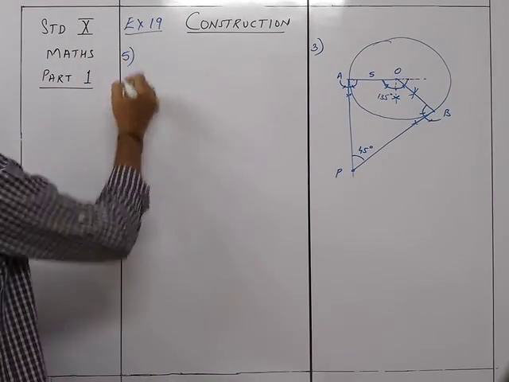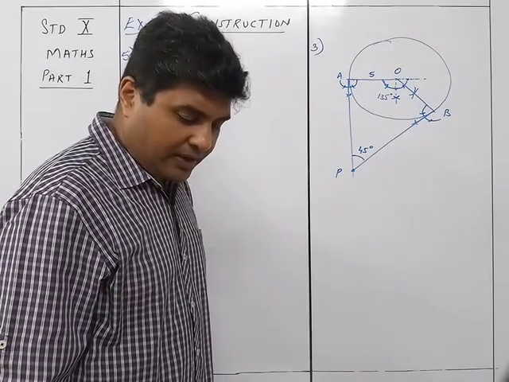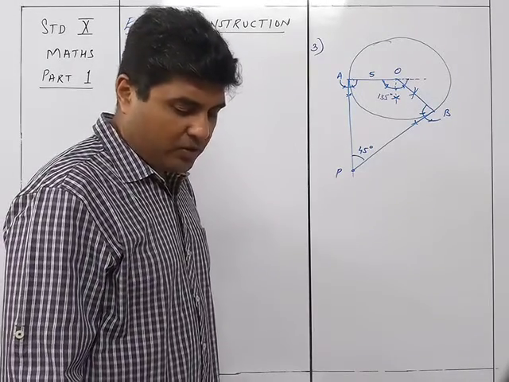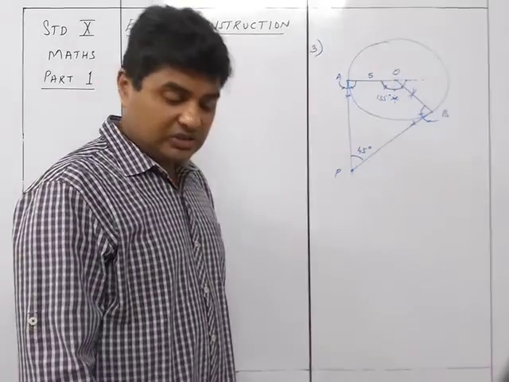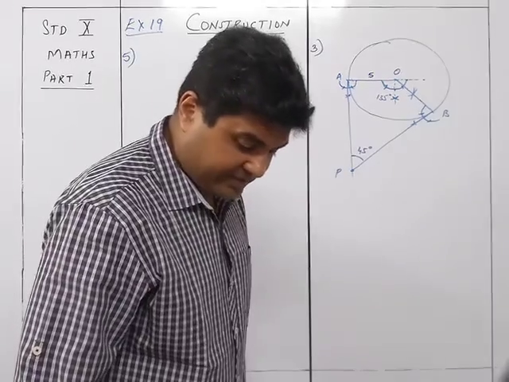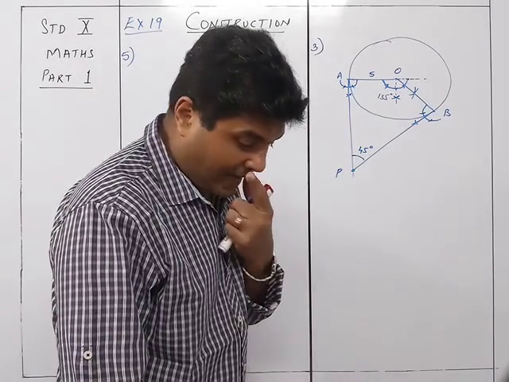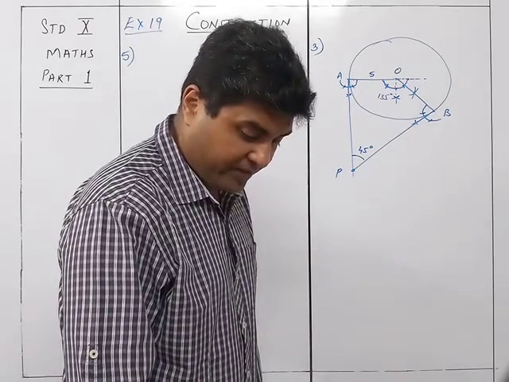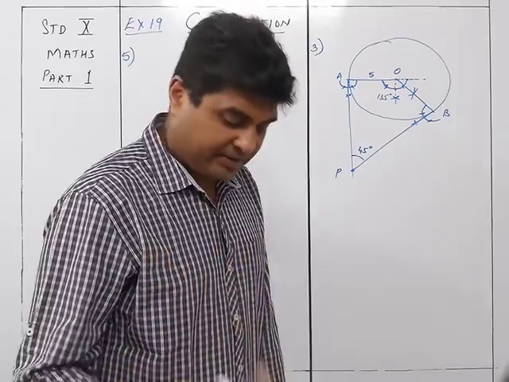So question number 5. Using ruler and compass only, draw an equilateral triangle of 4.5. Okay, that was the end of all the sums for tangents. We now move on to this one. Now I'll just check the second and the fourth sum. Is there something different? Okay, draw a circle of 9 centimeters diameter. So of course the radius will be 4.5. Mark a point 7.5 from the center and draw the tangent. So same as the first one.